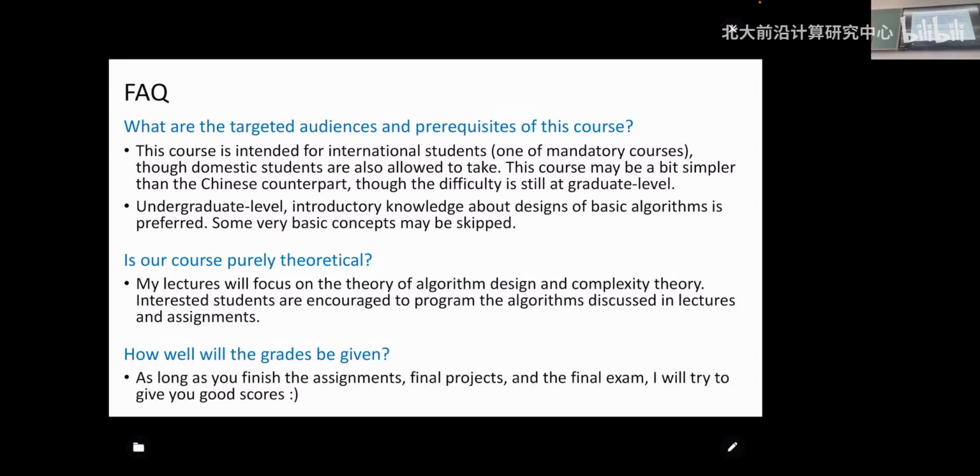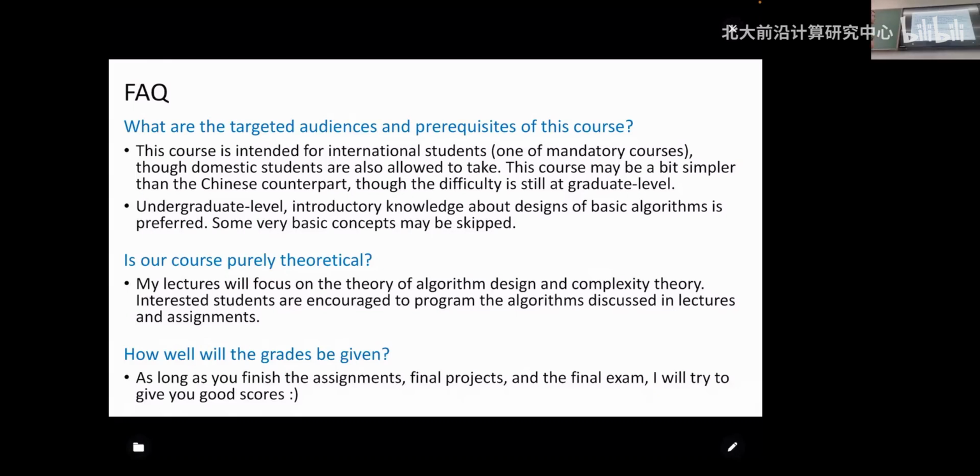I think the style of this course is probably more like the courses they offer in some universities internationally. And actually the style is slightly different than the Chinese counterpart that is also offered in the same semester. So about prerequisites, I think undergraduate level introductory knowledge about design of basic algorithms, for instance quick sort, merge sort, etc. Just a few very basic examples. Basic knowledge is preferred. I will try to make this class self-contained, but maybe some very basic concepts may be skipped. And if you have any questions, feel free to ask me when I introduce something that you